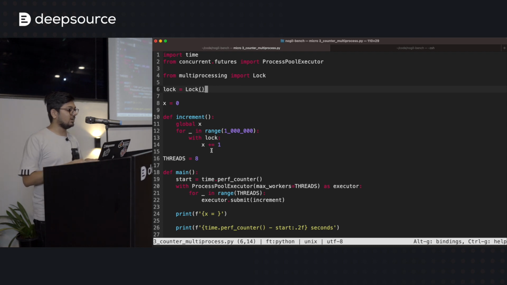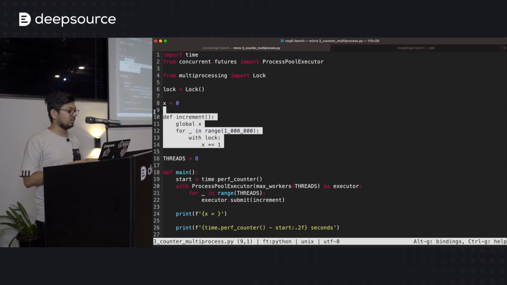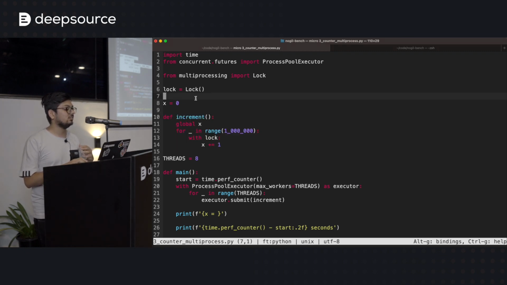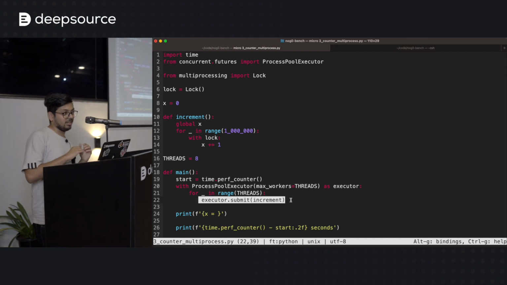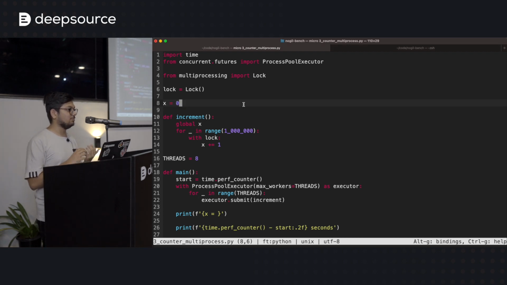So while the child process is doing all the locking and incrementing, that's happening with the version of x that exists for that child process. So these 8 child processes, they calculated x to a million just fine, but they never got added up to the x that was in the main process.